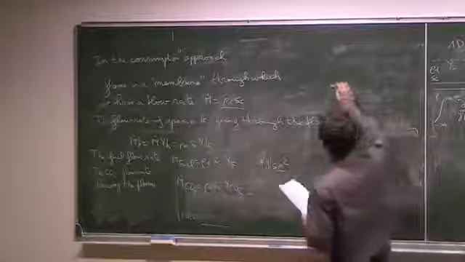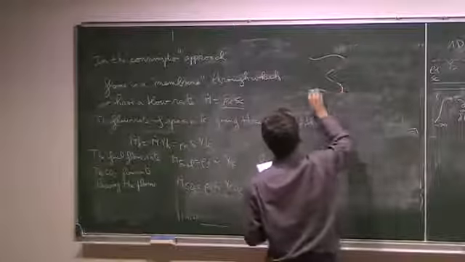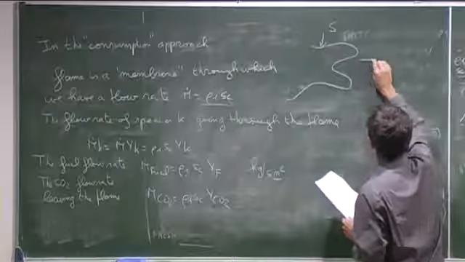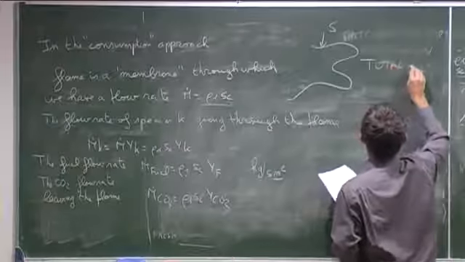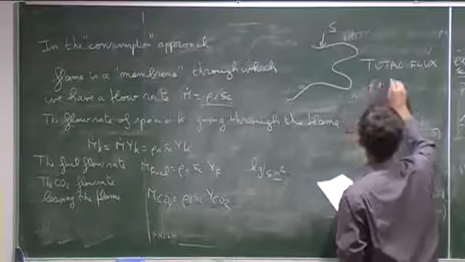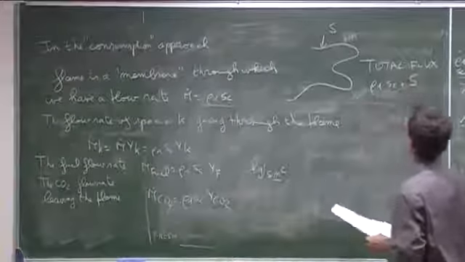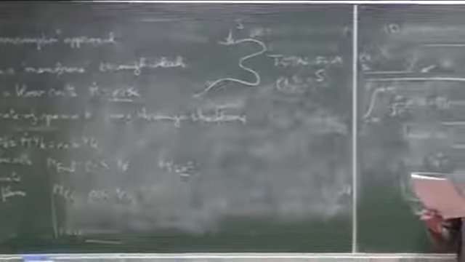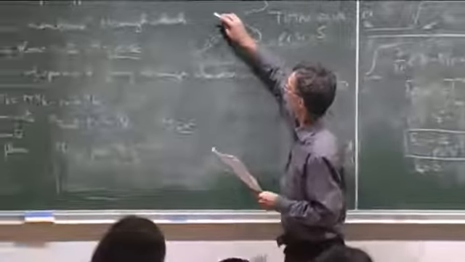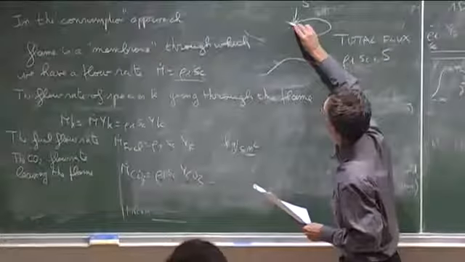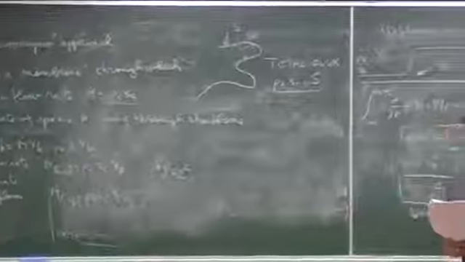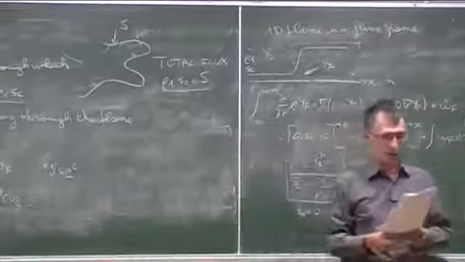Which means that if you have a surface S here, the total flux going through this surface will be ρ1 SC multiplied by the surface. And we're actually going to be able to write conservation of mass flux with this formula. We know that if there is a flux entering here, it has to go through the flame exactly at this rate. And so if we know the consumption speed, we can determine the flame position.